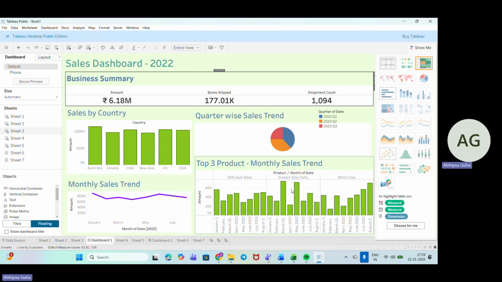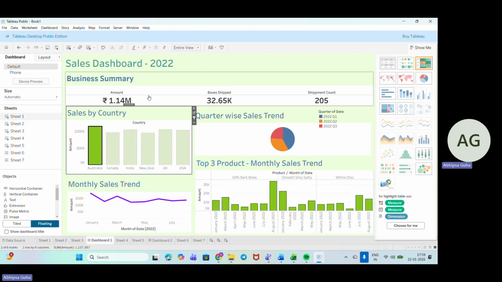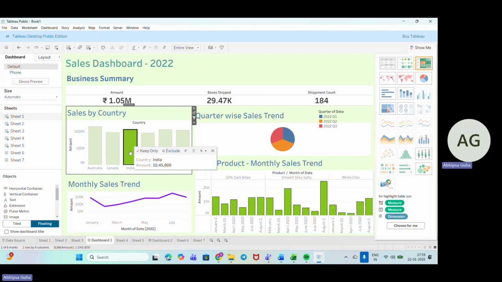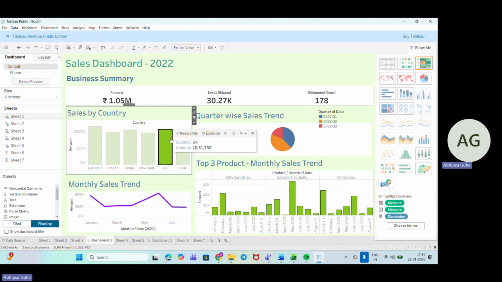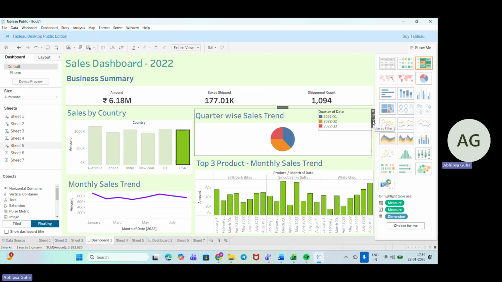Okay. So this is how you need to create the graph. So this graph is already with us. Now suppose I want to see the data and use something as a filter. How can I do it? I'll go down here, click it, and use it as a filter. Okay, now I am clicking this, and the data and values are changing. For Australia, for Canada, it's changing. Coming down for India, it is changing. For New Zealand, it is changing. For UK, it is changing. USA, it is changing again. So again, I can use this one as a filter.